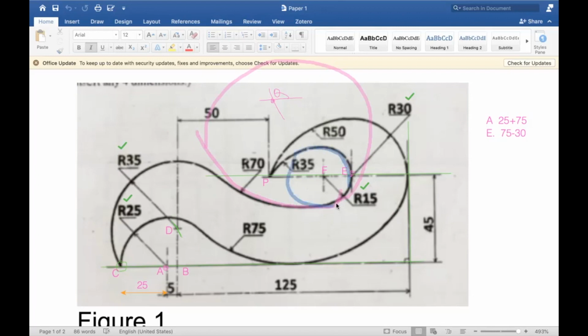Now tell me whether it is internal or external. Internal, right? And we have one more circle. Radius 35. So ये जो रेडियस 35 है वो क्या है, वो एक्सटर्नल है. So what we need to do,